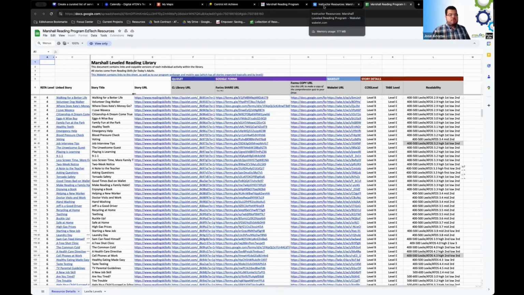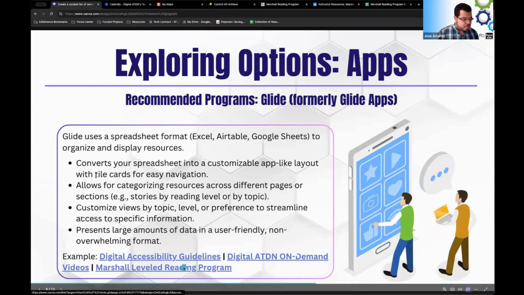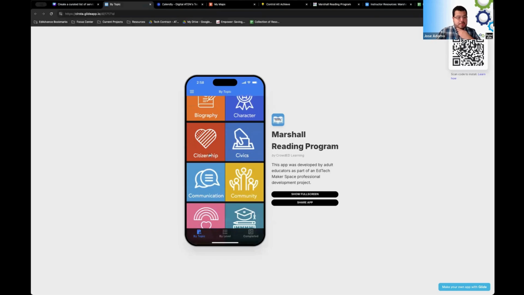You pretty much upload that in the spreadsheet. You kind of customize the app. And when the app is ready, this is what you look at, right? This was before the big updates for Glide. But now here you could access the stories by topic,